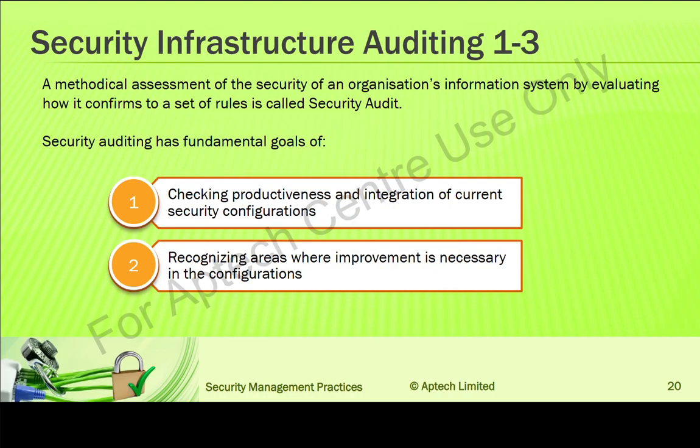Now let's talk about security infrastructure auditing. Security infrastructure auditing is a methodical assessment of the security of an organization's information system by evaluating how it conforms to a set of rules. This is called security auditing. This is checking the effectiveness and integrity of current security configuration, making sure that all these implementations